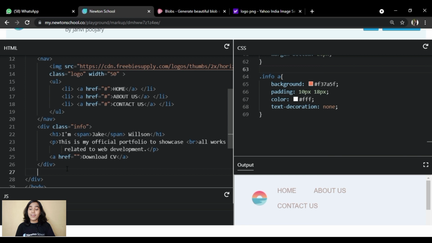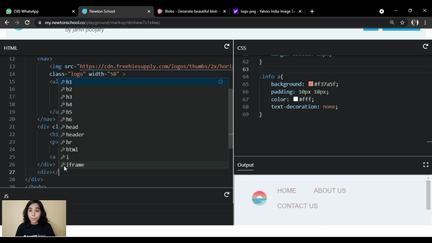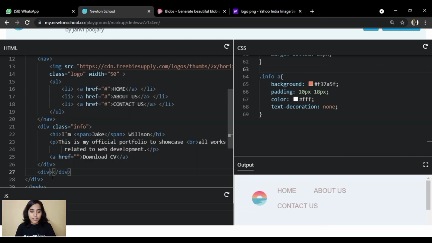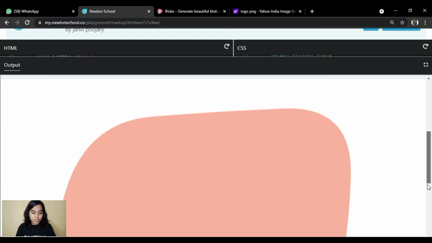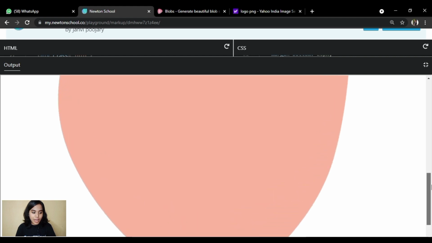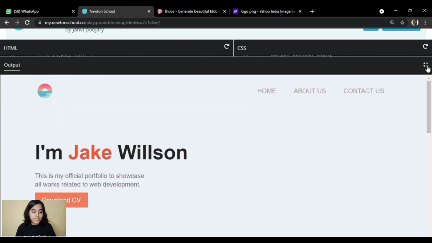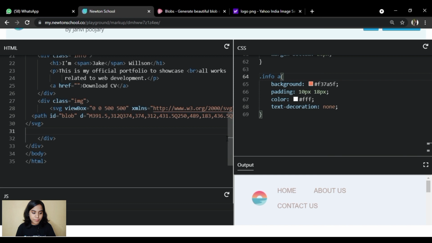Now we will put our images. We will put one blob, and you can find it on any blob website. Here I have used this. You just have to download its SVG and put it inside our class called image in HTML, and below that you will put your image or any person's image. Like this, I have put here.